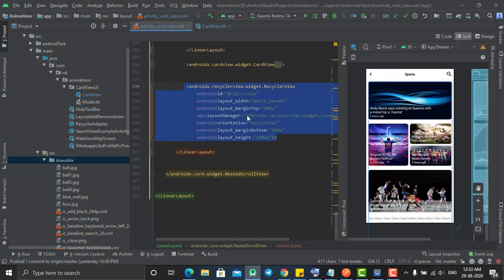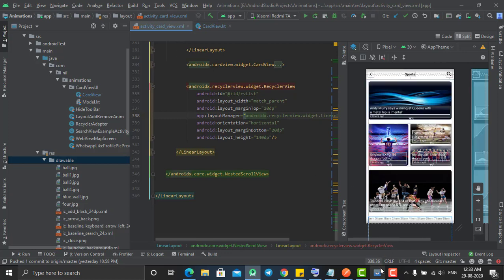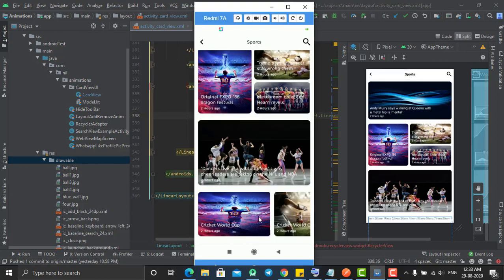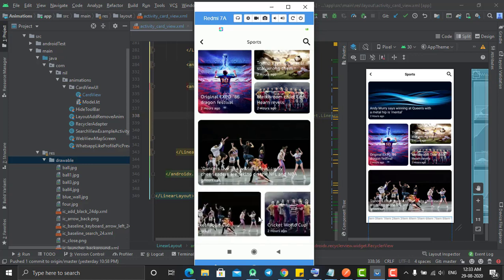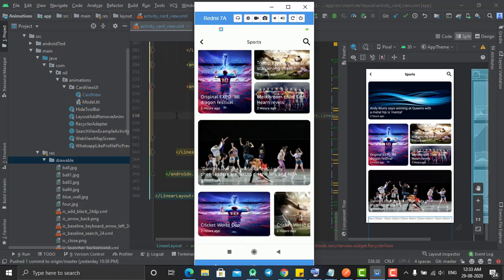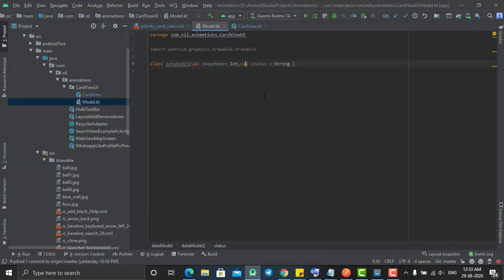We need some things. The first one is we need the array of data, or at least the array of a class, which has the image view, as well as the resources we need, which should have the image to load into the recycler view, as well as the title and time to show. We'll load all this data into this recycler view, so we'll create a custom class. As you can see, this is my custom class. I had created it using the Kotlin language. You can also do it in Java if you want, but I am doing it in Kotlin.